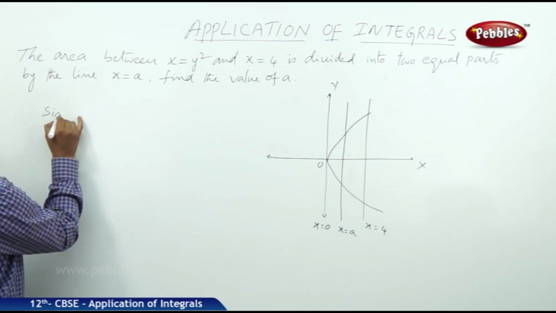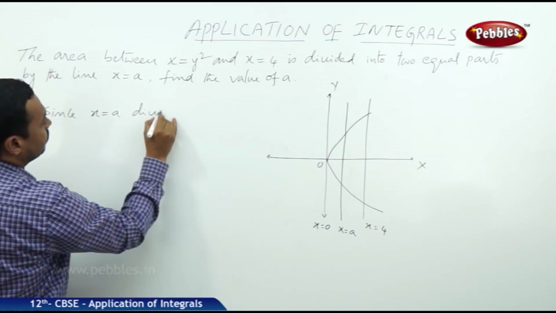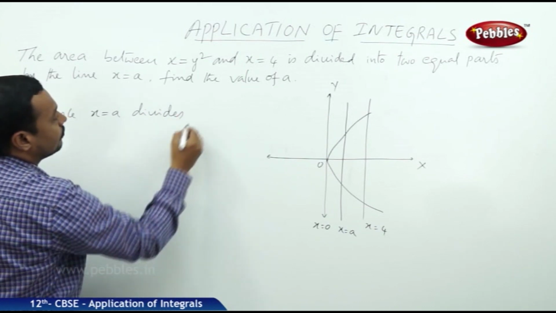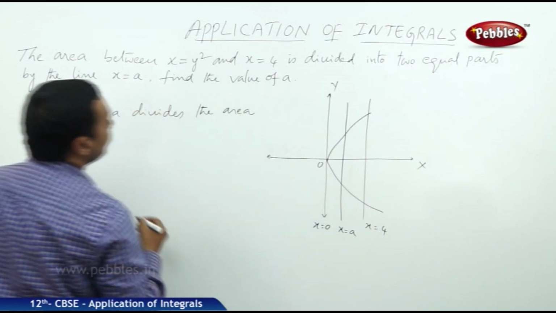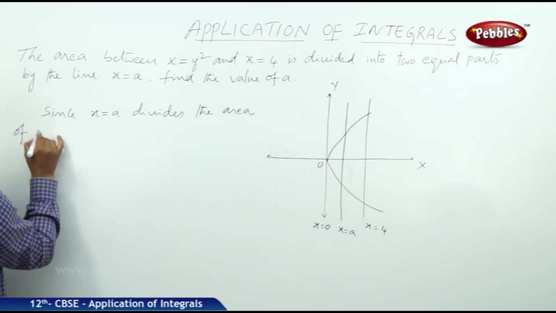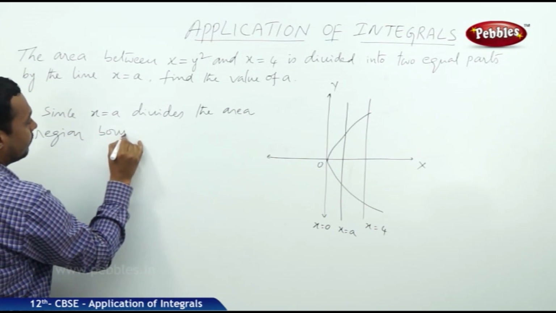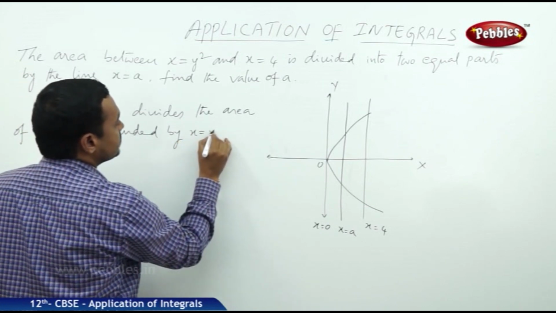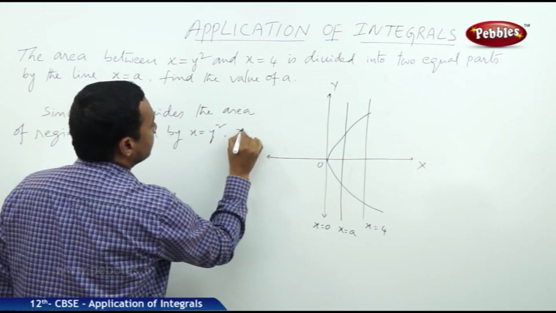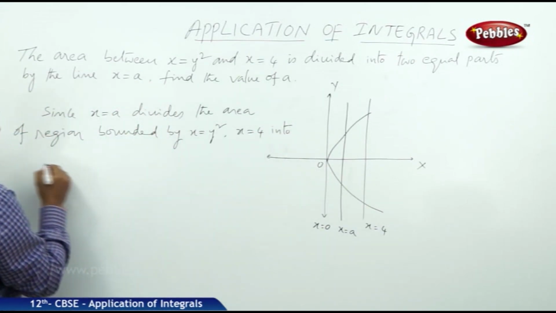Since x is equal to a divides the area of the region bounded by x is equal to y square and x is equal to 4 into 2 equal parts,